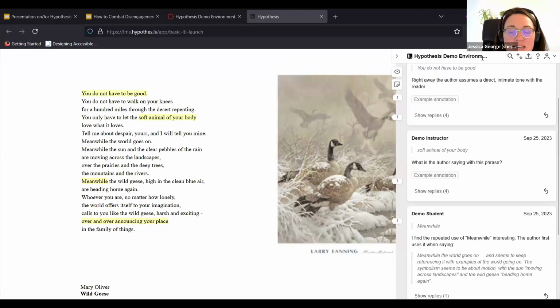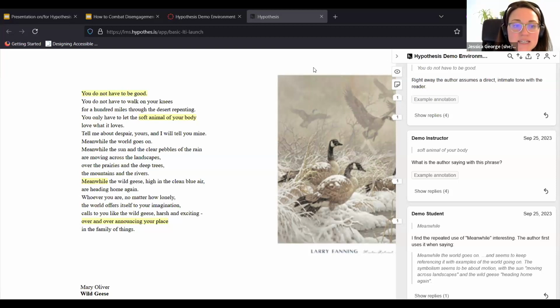So this is an annotation sample assignment that I've launched from our Canvas demo. And I'm using a literature example because Professor Gopal teaches literature and composition classes. This is an example of a poem that's hosted on another website that we've pulled into the tool.